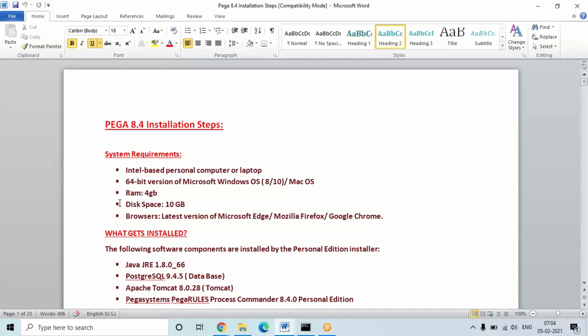But what is the difference between the personal and enterprise edition? The personal edition is nothing but a home edition. We can install it in our PCs, that is, in your own systems. And the enterprise edition is for when you want to install the setup in real time in companies, so they'll be using the enterprise edition. The personal edition is single user access. That is, if you install it in your system, only you can access it.